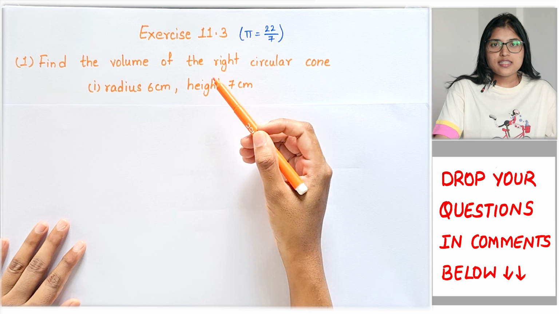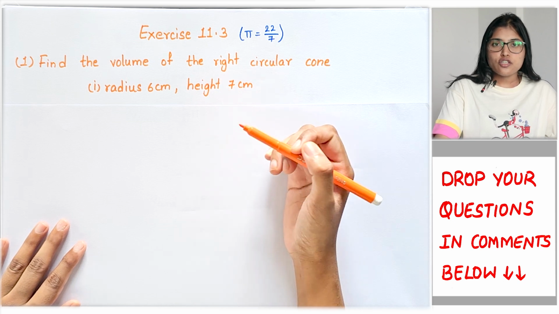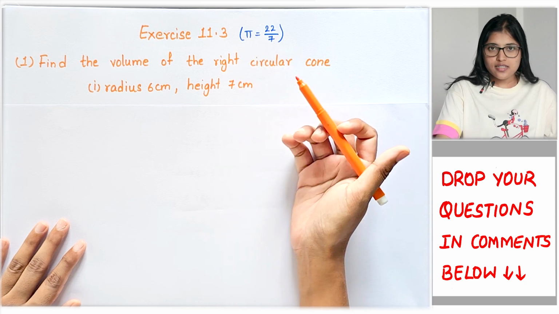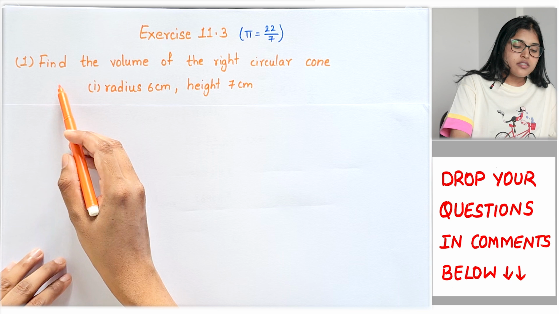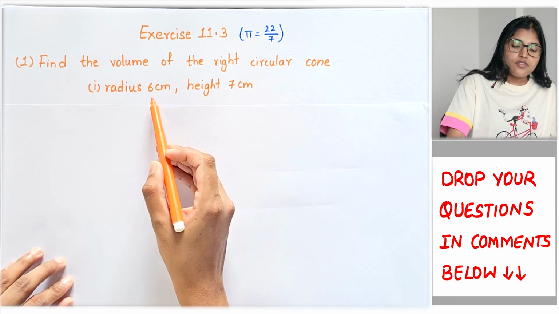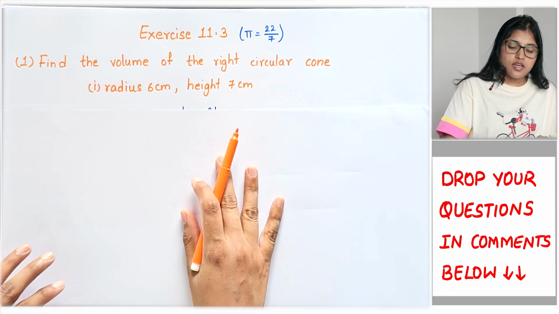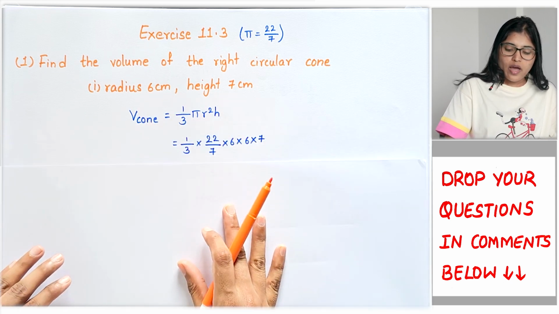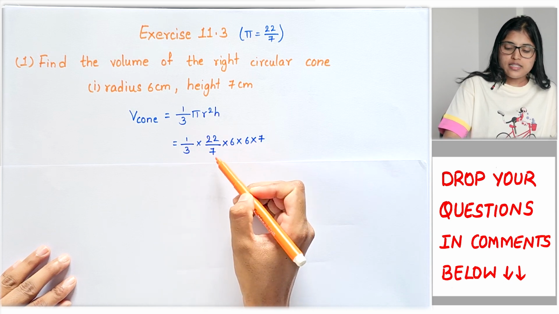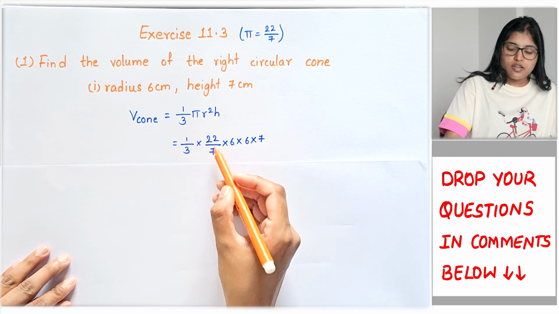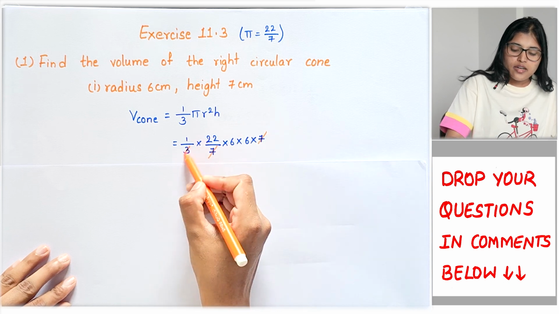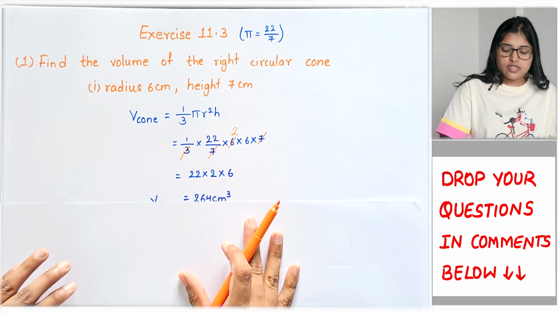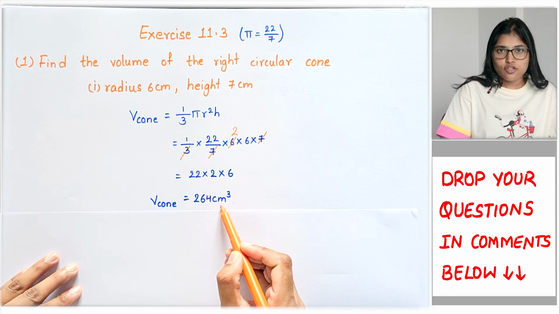Now, let us solve some exercise 11.3 questions that are based on this formula for volume of the cone. We are asked to take the value of pi as 22/7 unless it is mentioned otherwise. First question is, find the volume of the right circular cone with radius 6 and height 7 centimeters. I know that the formula is 1/3 pi r square h. Now substituting radius and height values, I can write 1/3 into 22/7 into 6 into 6 into 7. So here 7 and 7 get cancelled and 3 ones are 3, 3 twos are 6. So I am left with 22 into 2 into 6, which is 264